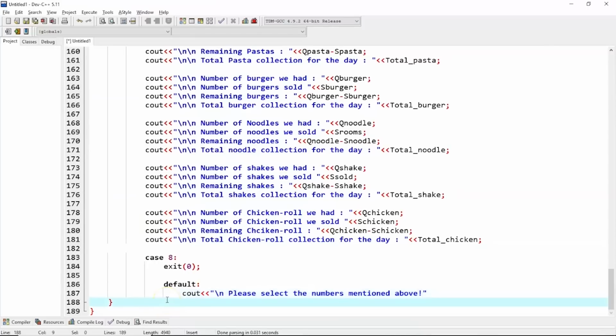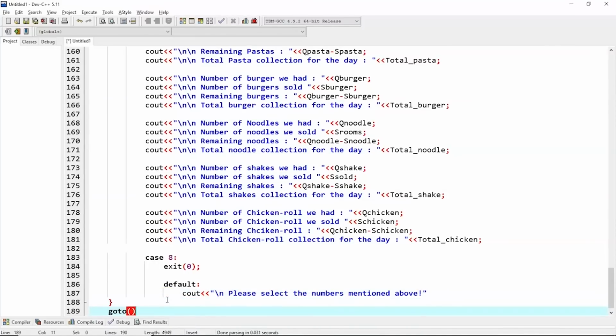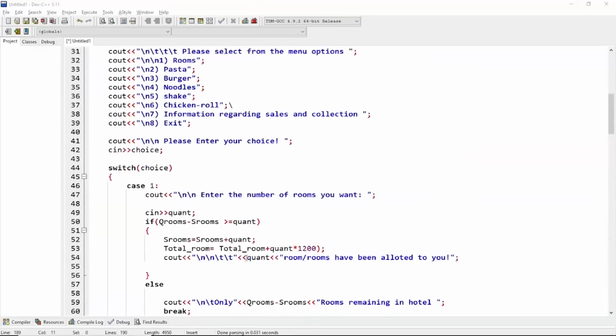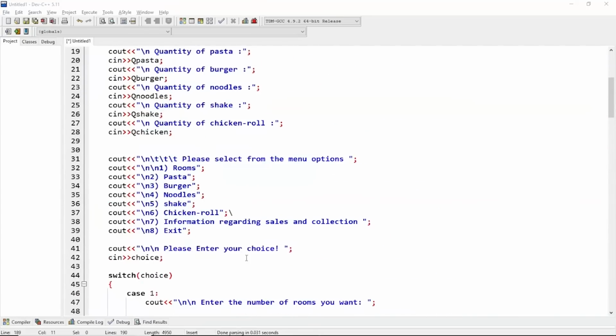And also one more thing is there, we have to use a goto statement, and we'll have to label a part with M. Now I'll explain why we have used this jump statement, that is goto statement. After making a choice, we again want to choose another option. That is, if I have ordered 2 pastas, then I also want to order 2 burgers as well. So we will mark or label menu with M. So this is our menu, please select from the menu options. So here we will label M,